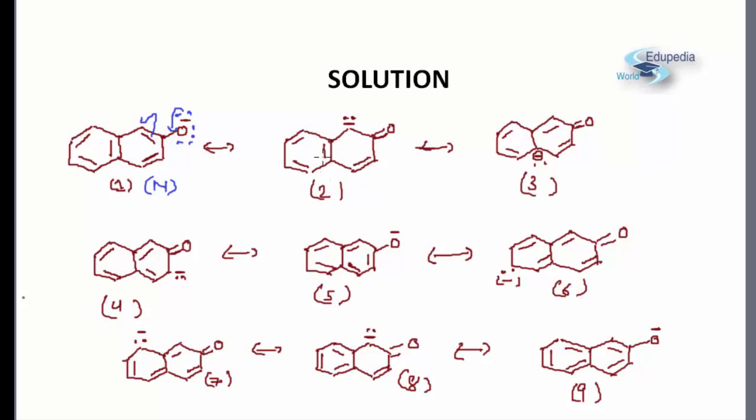Fine, let's move ahead. Again, if we try to draw the next structure, we can again see a pi. This is a pi, this is a sigma, and this is a lone pair. We can again see a pi sigma lone pair conjugation. Now in a pi sigma lone pair conjugation, what I am going to do is that I am going to move this pi bond over here, and this lone pair comes over here. So from that I get my third structure. This is my third structure.